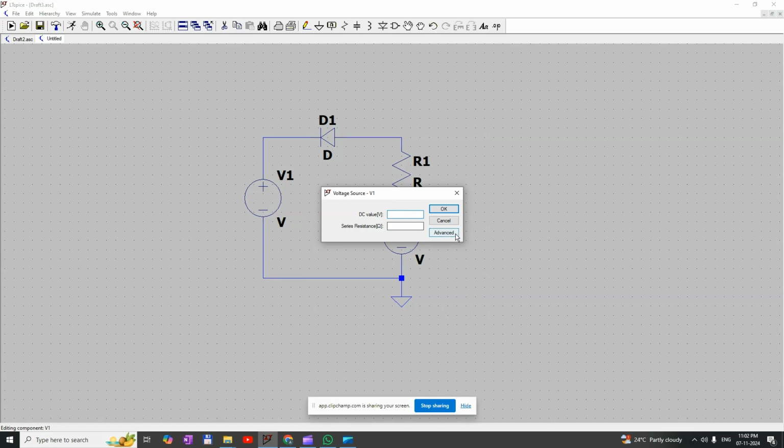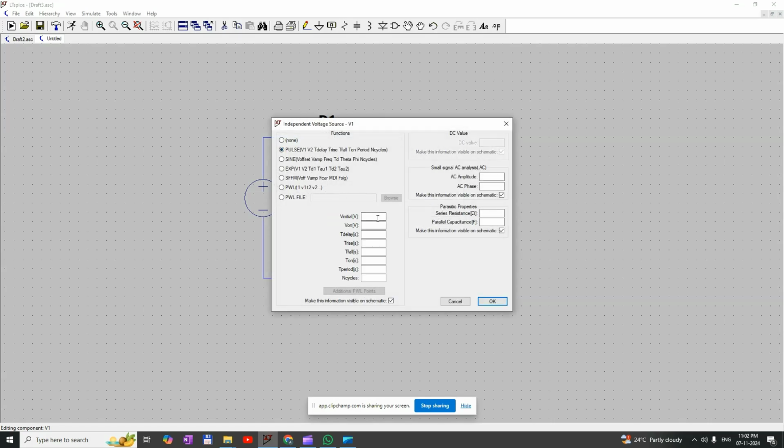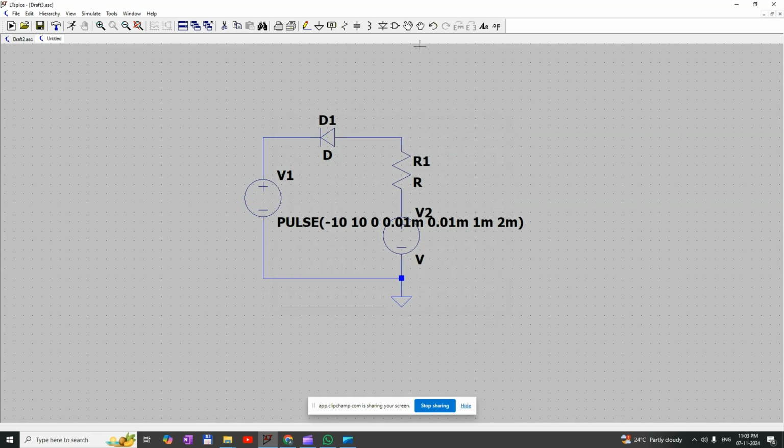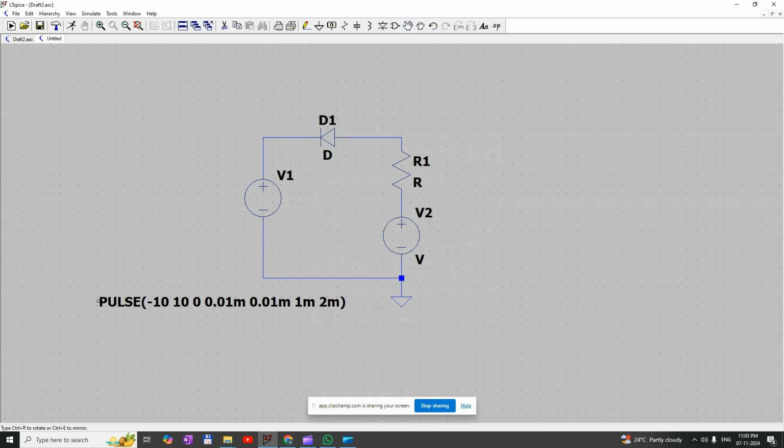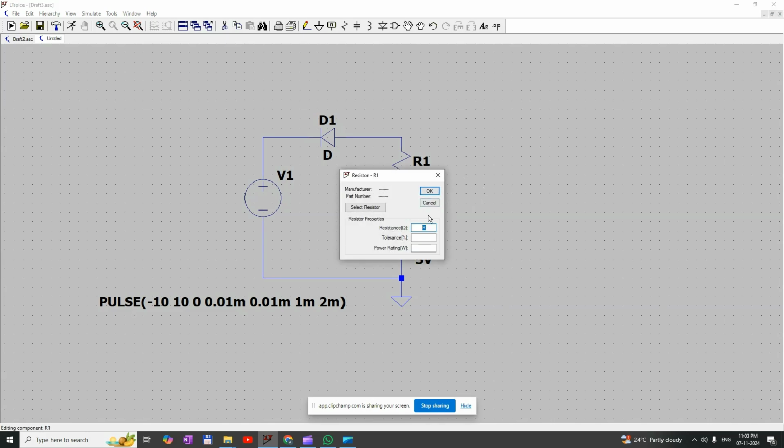Here we are applying the input pulse with plus or minus 10 volt, and the rise time is 0 millisecond, and fall time also the same 0 millisecond, and delay, T on delay, is 1 millisecond, and T, the time period, is 2 millisecond. And here we are going to apply 5 volt as a biasing voltage, and considering the 1 kilo ohm resistor as R1,